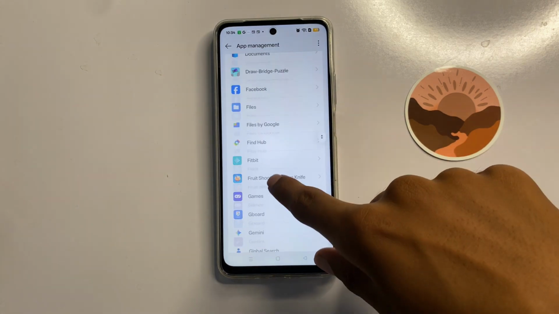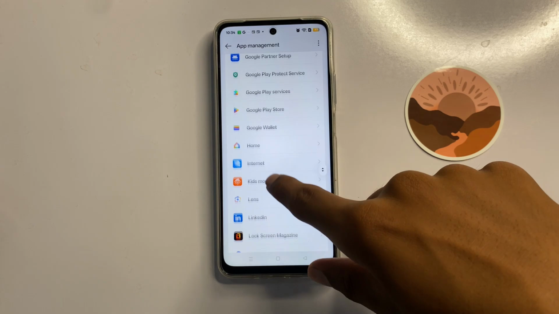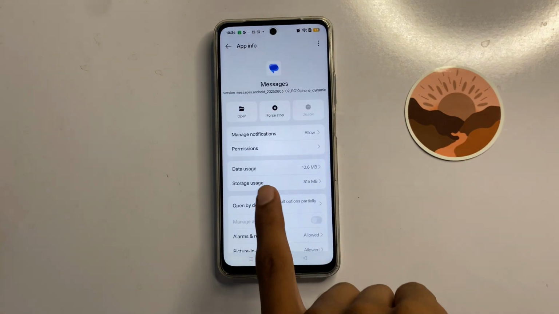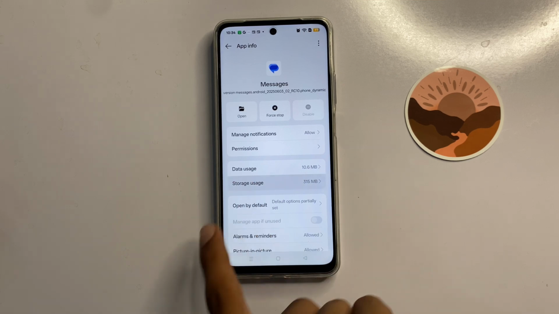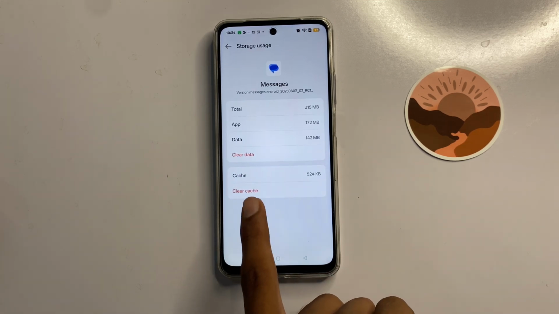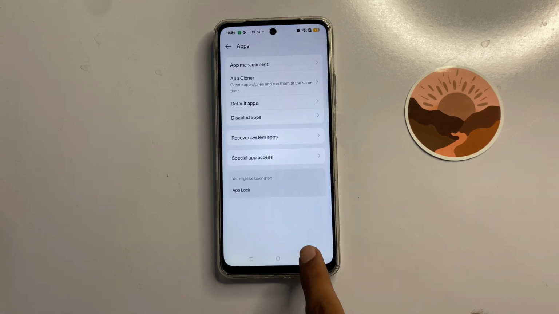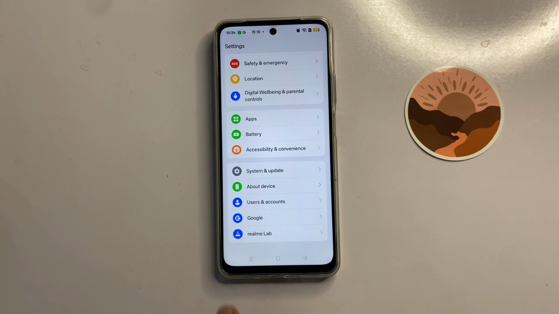Now scroll down and click on messages app and click on storage usage. Now here you can clear the cache memory of the messages app. After clearing the cache memory, go back to the main page of your settings and click on system and